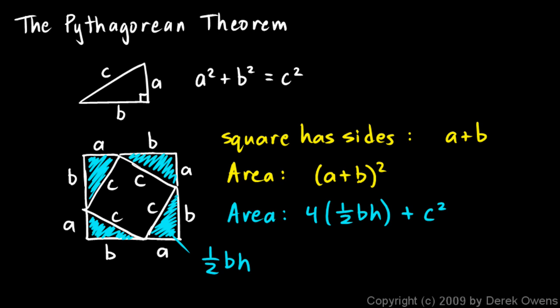So we see 2 different ways to look at the area. If I think about this edge here is A plus B, then the area is A plus B squared. And if I think about the area of the individual pieces, the area is this. So those 2 things have to be the same. This has to be equal to this. So let's write that. Let's just write that this is equal to that and work out a little bit of the algebra. So I write A plus B squared has to equal 4 times 1/2 AB